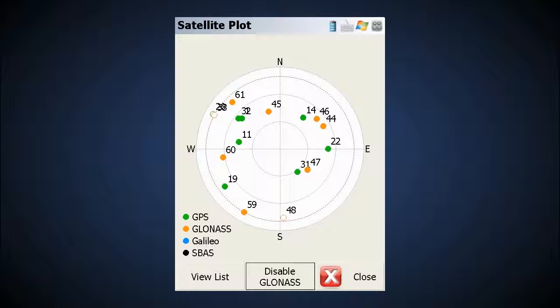You may notice some satellites which are colored in white. This indicates that they are below the level of elevation specified in the tolerance settings, or there is an issue with the satellite itself, and it is not being used to calculate a solution. At the bottom of the screen is a button labeled Disable GLONASS. If you would prefer that your receiver not track GLONASS satellites, selecting this button will configure the receiver to ignore